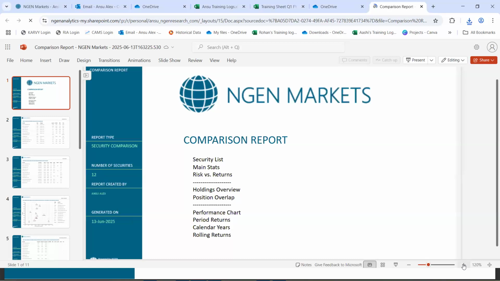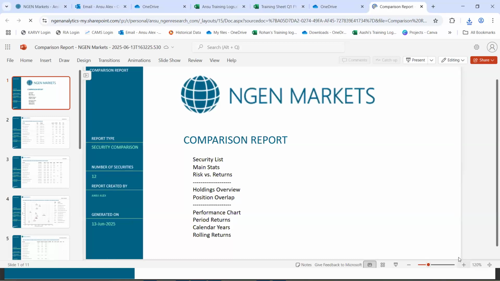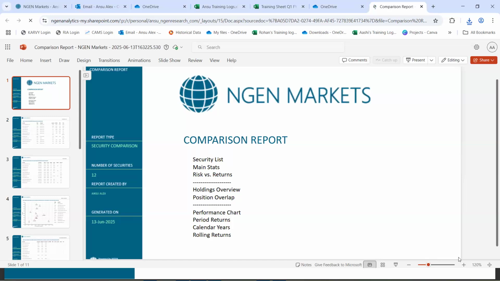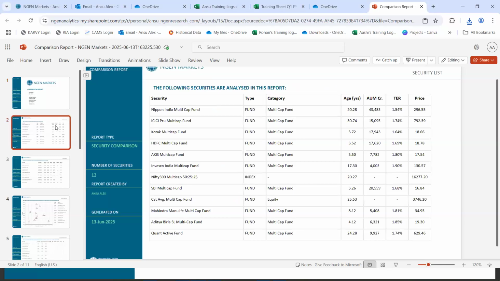So this is a fund comparison report that you could generate from our Compare tab. In the premium version, the reports would be co-branded. That is to say that in place of Engine Markets, it will be your company logo that would be coming up. The first page will show you basic details about the funds.